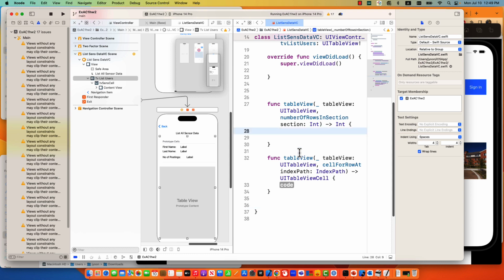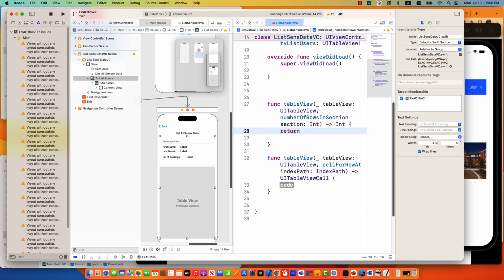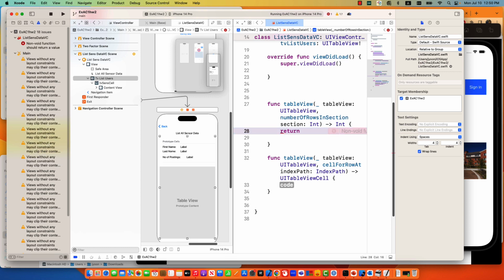Here is the code. Here, number of rows in section, then we can say return how many rows. If we want to display one row in one view, entire view one row only, then you need to say one. But if you want to save whatever is returned from the remote server, whatever the JSON data has, then you need to